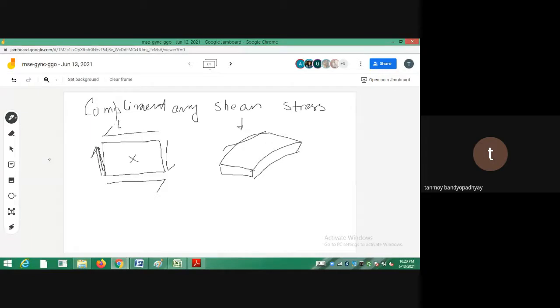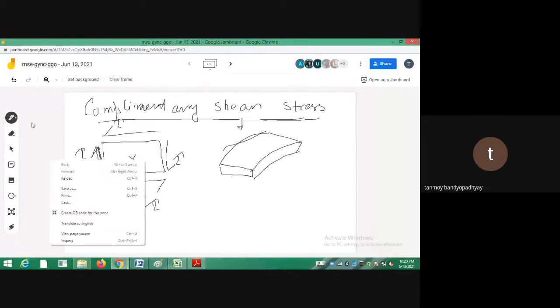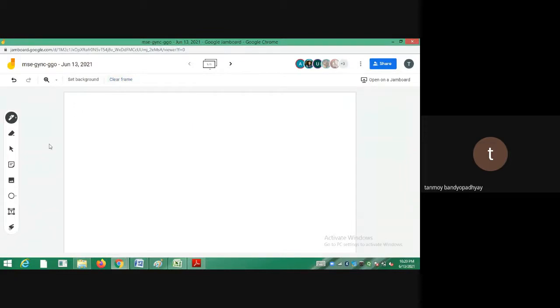If you write it like T prime, this will be tau, and this will again be tau. This sort of element is known as a complementary shear stress element, which we will need at a later stage. So I explained that one. Now let's move on to the derivation. We are having a shaft like this. You follow the figure. I have made the derivation from the book of Beer-Johnston itself, so that the things look easier for you.